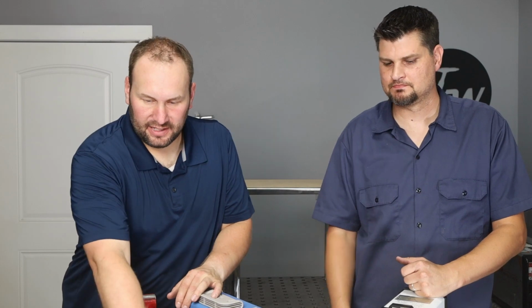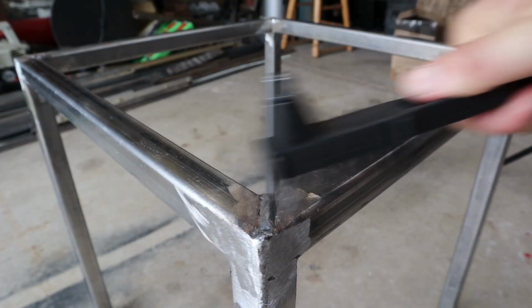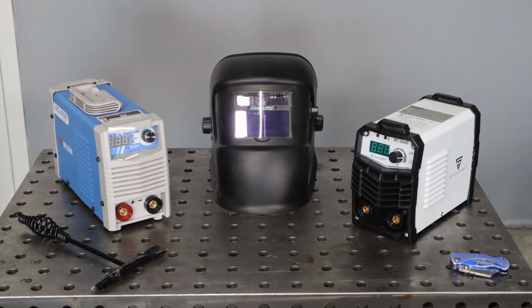One other thing that was different is I sprung for a better chipping hammer rather than using the metal bristle toothbrush that's included with these machines. What tools do you think you'd get next? I mean, if you wanted to go a little bit beyond this basic $200 set that we got, what would you look for? Yeah, I would probably upgrade my welder just based on the ability to get some of those